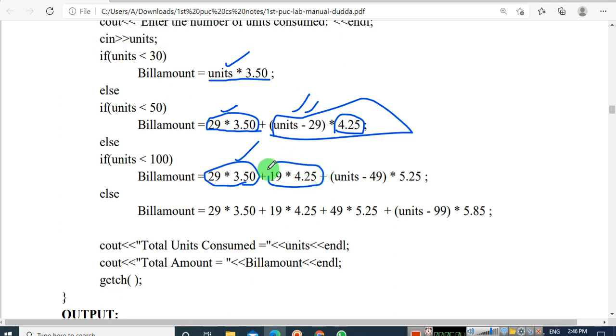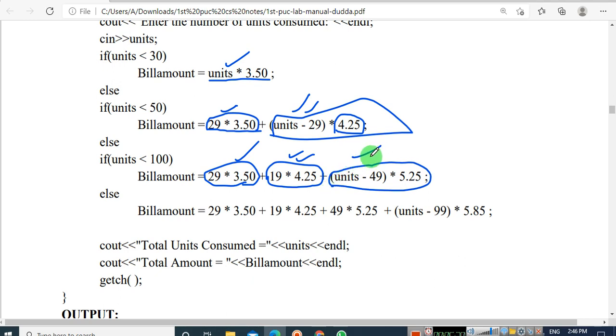So the next 19 units will be 4 rupees 25 paisa. Okay, whatever the remaining units, that unit minus 49, 70 minus 49, whatever the value you get, that will be multiplied by 5 rupees 25 paise.